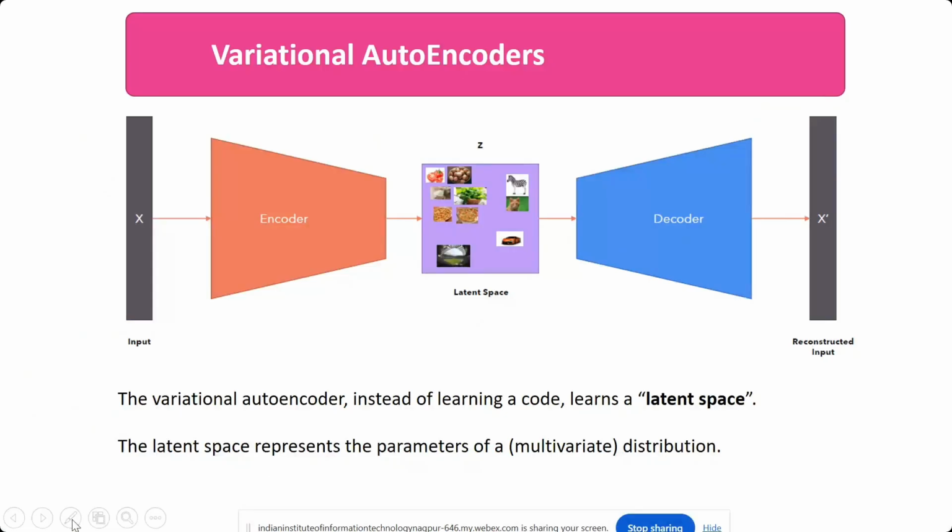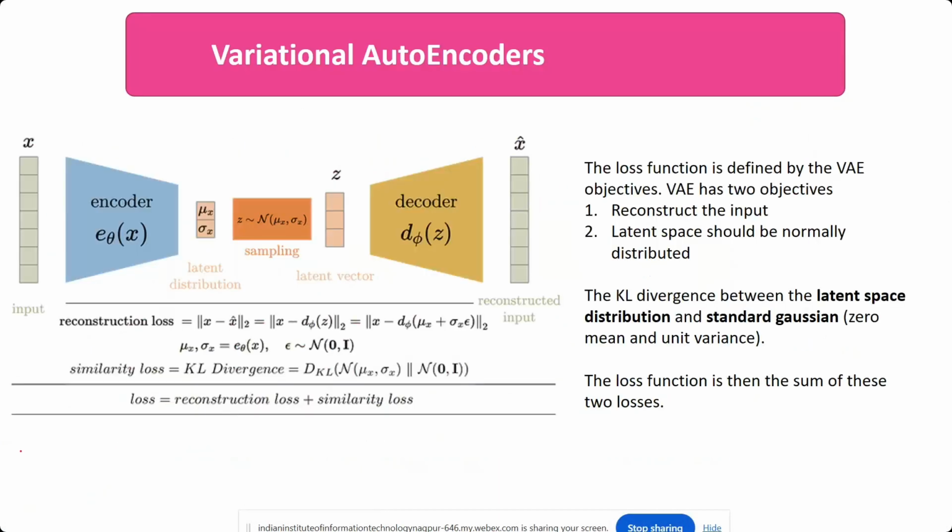This is how we are making it learn. We are adding one extra component in the loss function that is related to the distribution. This is called KL divergence. Whatever this latent space is, we are trying to make that latent space closer to the standard normal distribution. KL divergence is the difference between your latent space distribution and the standard normal distribution. What is the standard normal distribution? Zero mean and unit variance. That is the standard normal distribution.